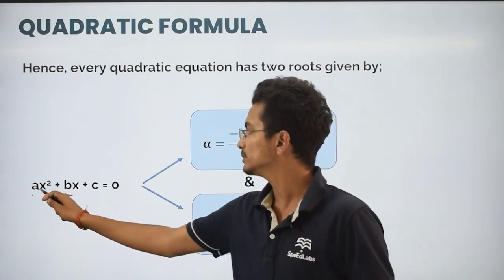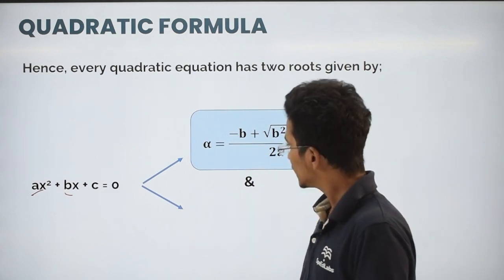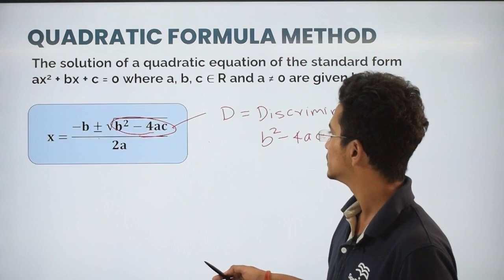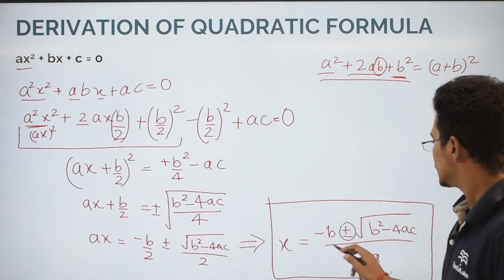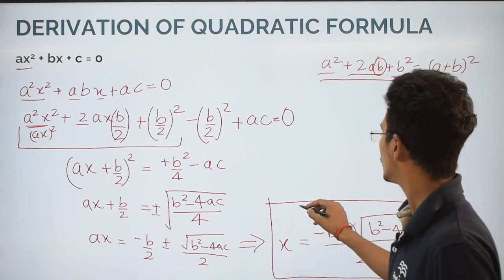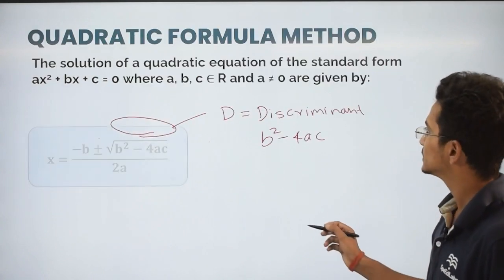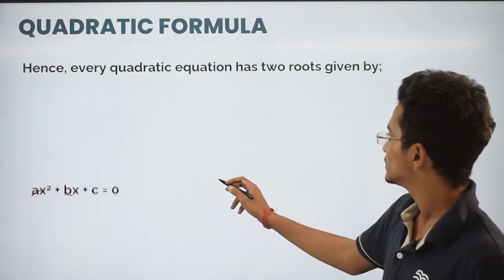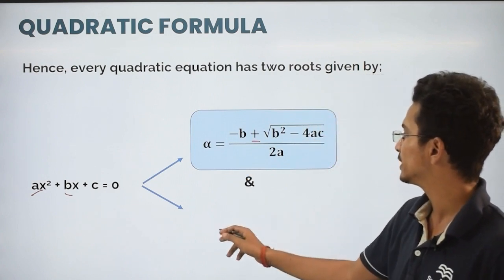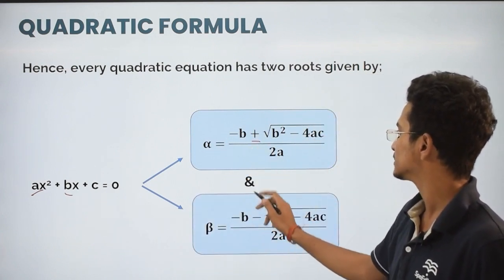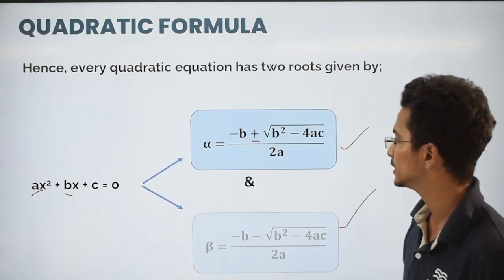B is the coefficient of x, a is the coefficient of x square, c is the constant term over here, right? So as we have seen, we have derived the formula earlier, right? This is the formula. So when we have derived that formula, you can see this is plus minus sign. So you will find two roots for every quadratic equation. One is with the plus sign you have to consider, and you can write that as this one. If you will see, one with plus sign, if you will write, this is the first root, and the second root I am just naming that as beta, so it will be taken with minus sign. So there will be two roots for every quadratic equation of this form ax square plus bx plus c, right?